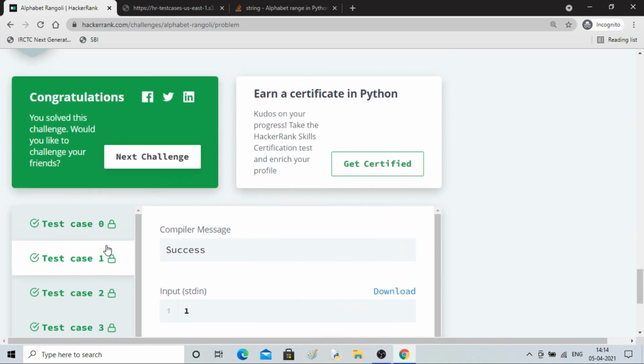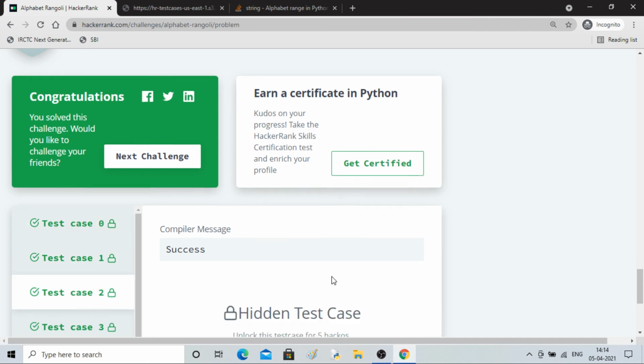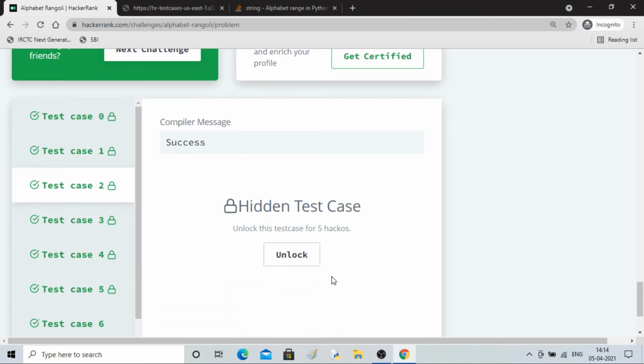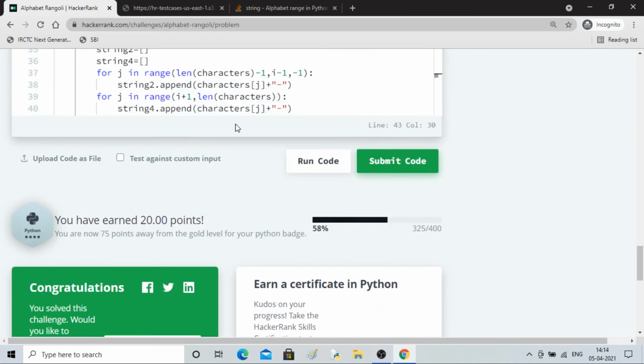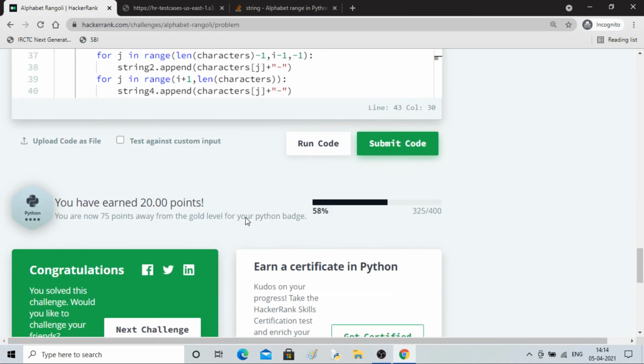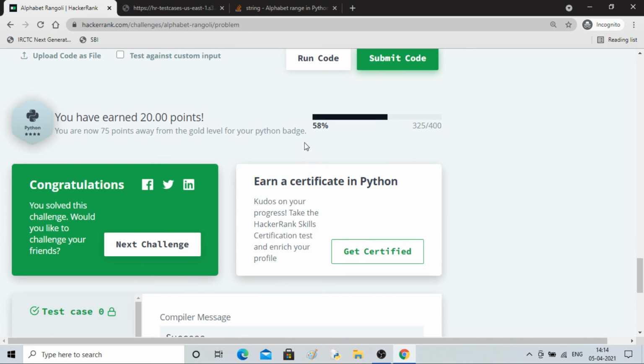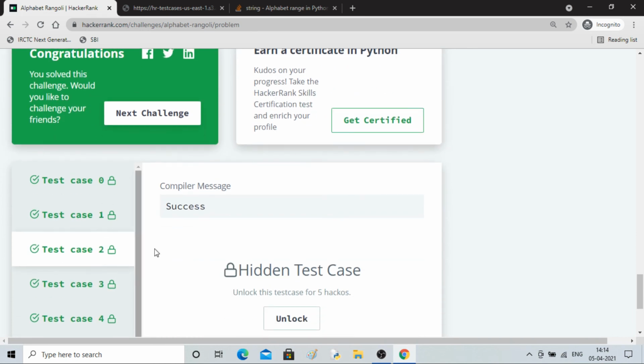You can unlock and check, but it is not a good practice, right? This is for the evaluator who is evaluating your code. He or she will check these test cases and confirm that the code you have written is correct. So you don't have to go and check these test cases.